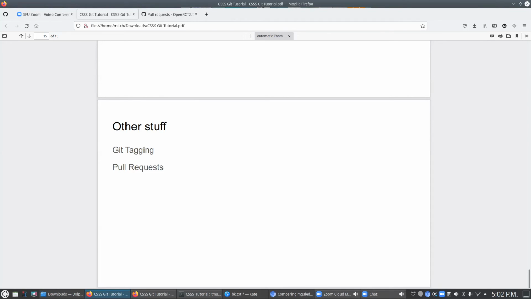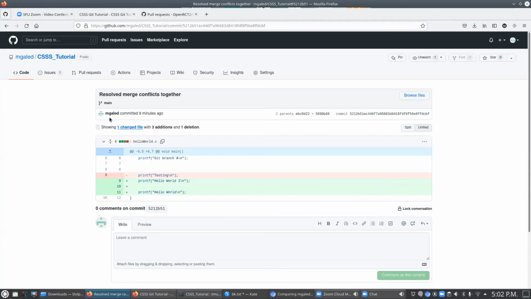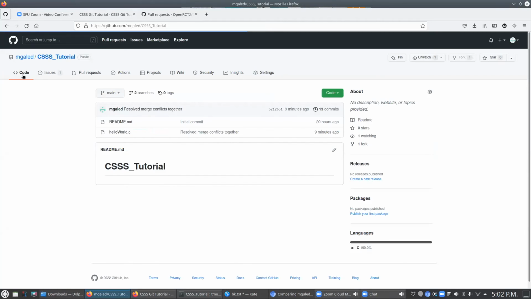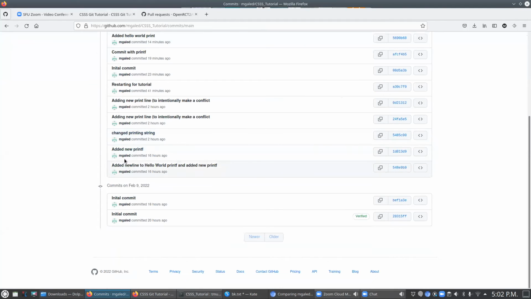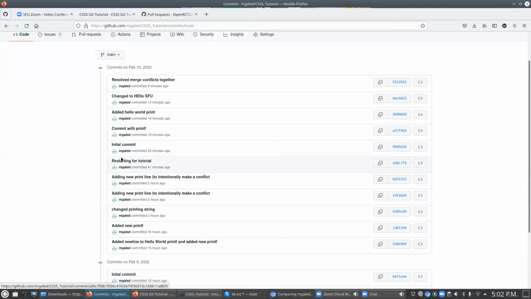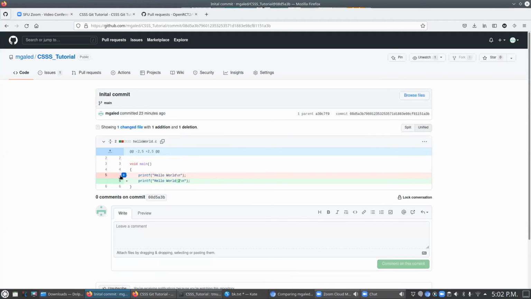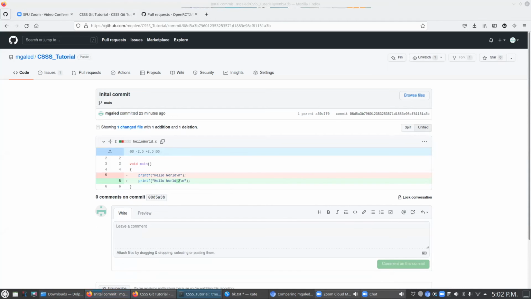Yes, you can see your old commits by going here. So we see we have 13 commits. If I want to go back to the commit I made approximately at the beginning of this tutorial, the initial commit, you can see that this was the change, this was the file. Okay, I haven't done this in a bit because usually I don't reverse it. You see that there's this commit number here. If I copy and paste this,